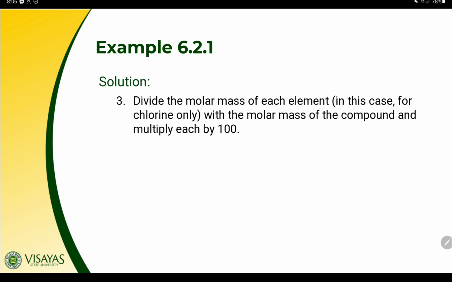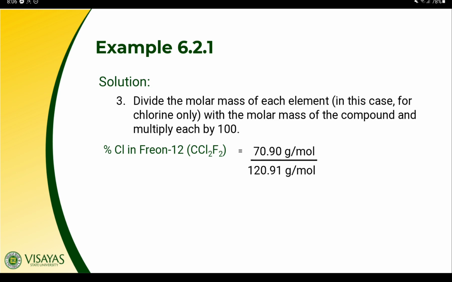So now we get the percent chlorine for each, for Freon 141B and for Freon 12. So how much percent chlorine in Freon 12? How do we do this? We divide the molar mass of chlorine in Freon 12 by the molar mass of Freon 12. So as computed in the previous slide, we have 70.90 grams per mole chlorine in Freon 12 divided by the molar mass of Freon 12, which is 120.91 grams per mole, times 100, we get